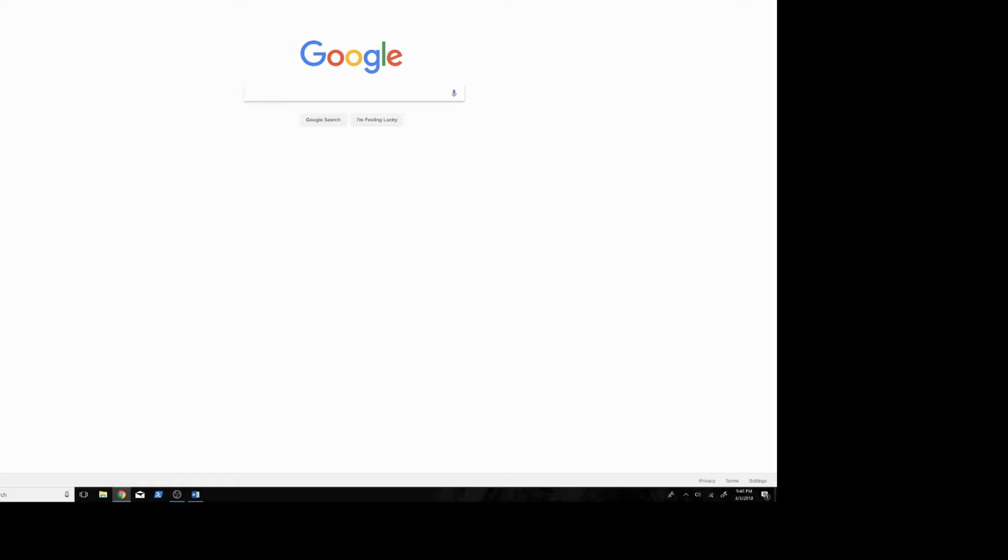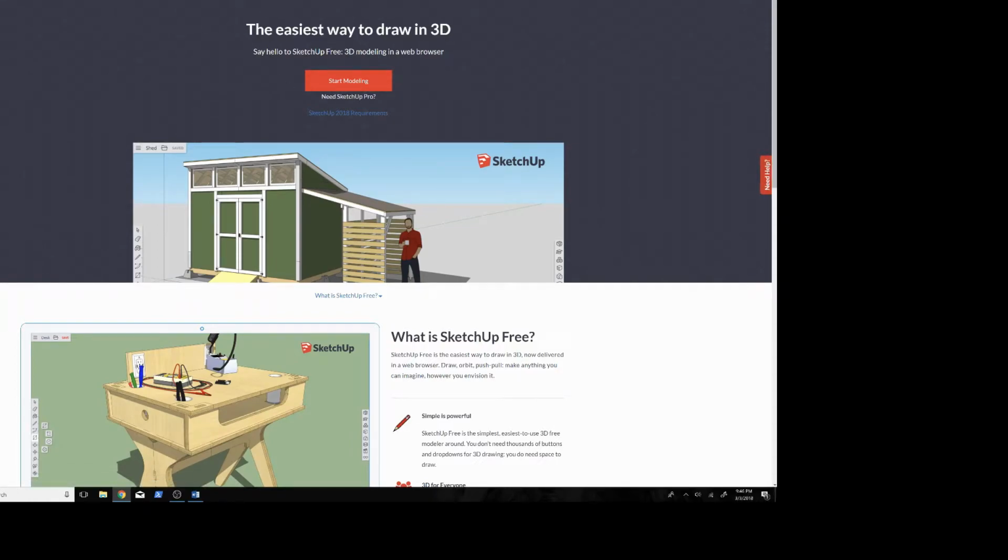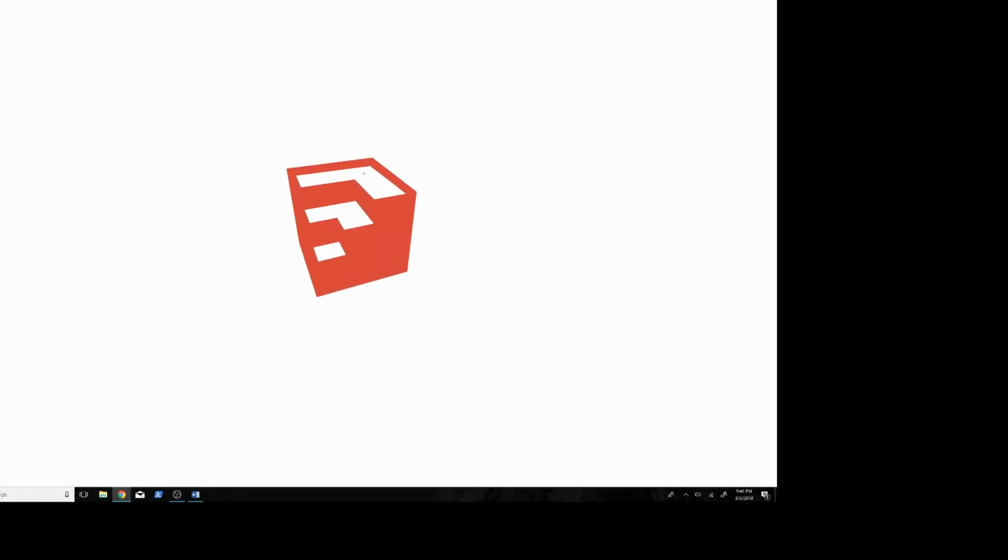The first thing we're going to do is search it on Google. It'll be SketchUp Free because this software is offered with a pro version where you can pay for it and you have more options. And then there's this free version that operates in the browser, so we'll just pop up from here, click start modeling. Right away you start loading it, and in the browser